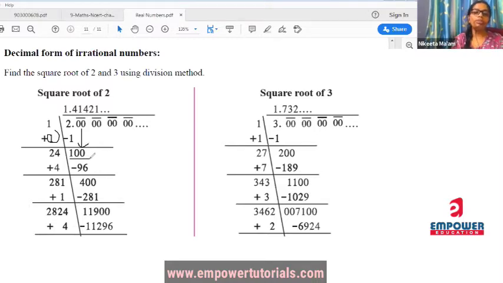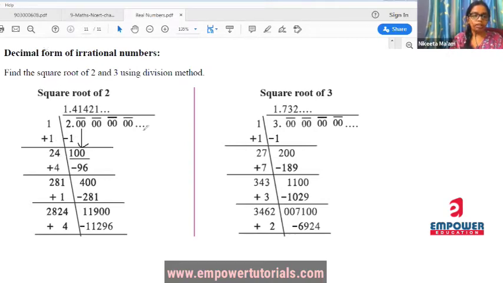Now how to choose the next number? And also we need to do the addition of these two 1s. So 1 plus 1 will be how much? 2. After 2, you have to make a blank place over here. And we have to look for which number we will put over here. So how to find that? We have to take a number such that when we multiply it with this number,